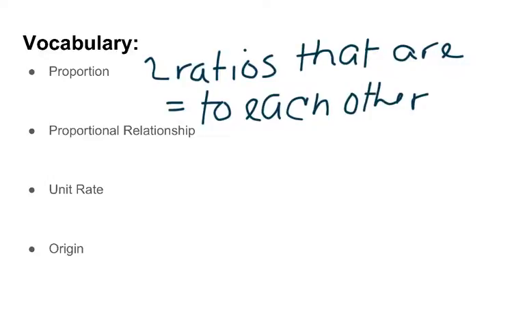Both proportion and proportional relationship really mean the same thing. It means that if you have two ratios or rates that are the same or equal, then the data you're looking at